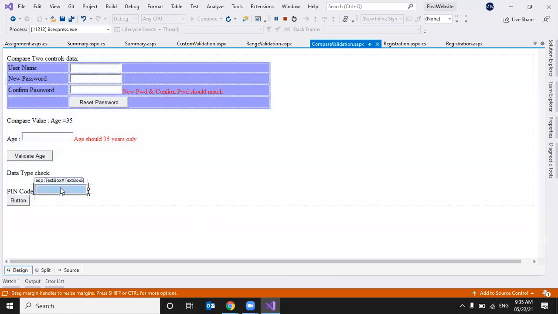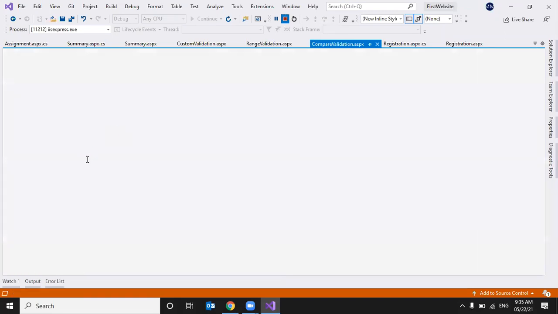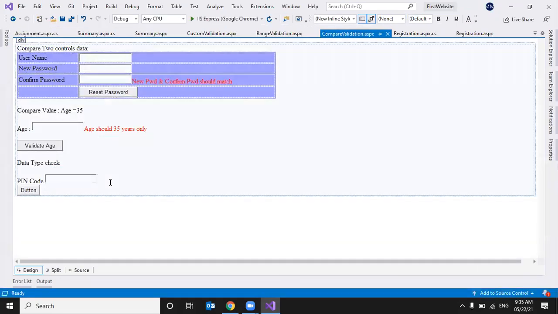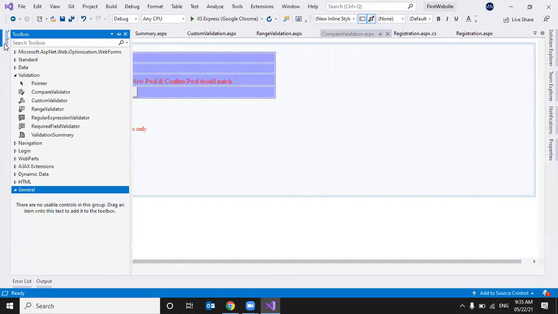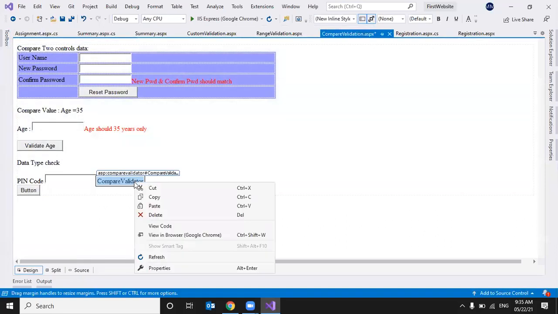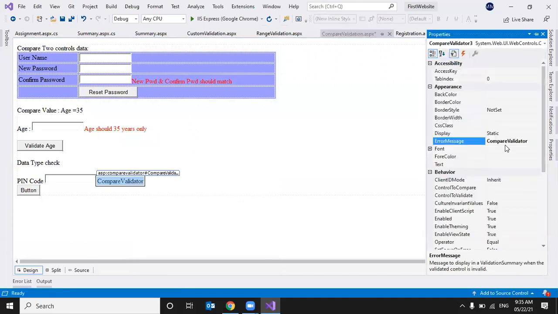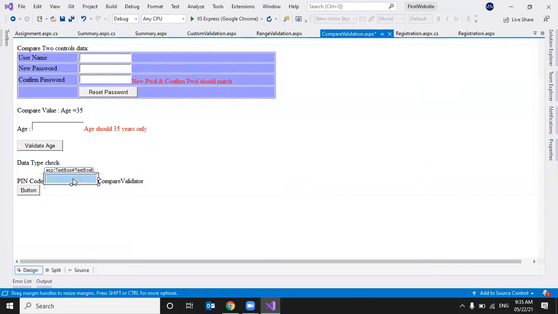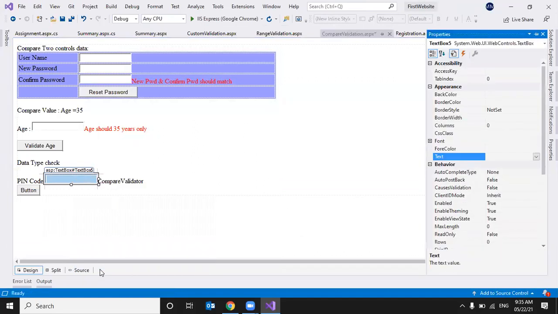Next, I have a pin code text box here. Here only integers are allowed. I want to check the data type, so I can take a compare validator. Then I'll go to properties. Before that, I'll change my text box ID to understand it clearly.